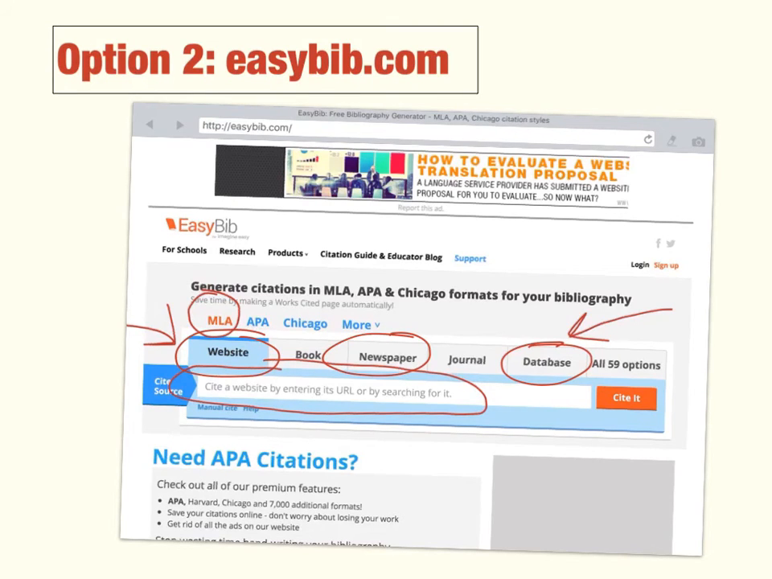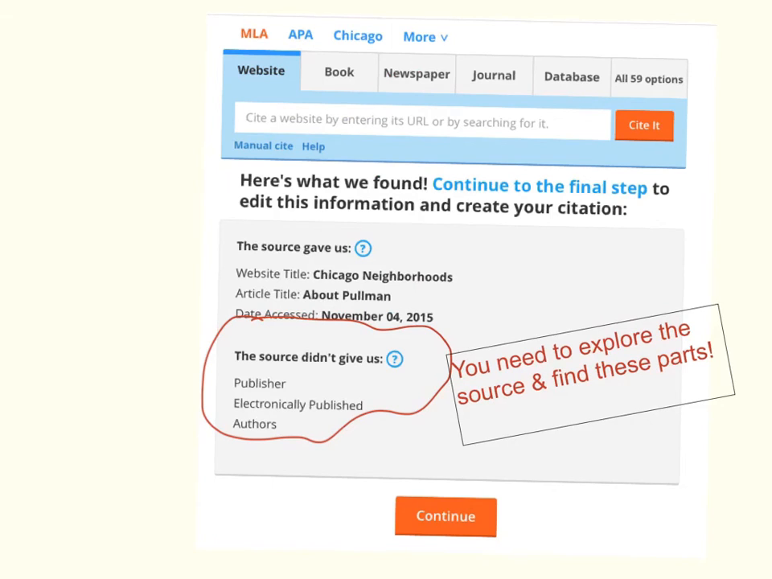Many of you may also know about EasyBib.com, and this is an option for you as well. I do recommend the paper sources just so you can practice the punctuation yourself. EasyBib.com uses MLA style, and they will cite for different sources: websites, books, newspapers, databases. What you need to do is enter the URL here and click Cite. However,